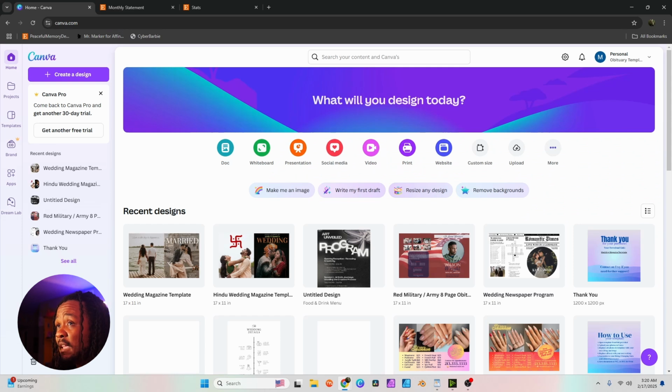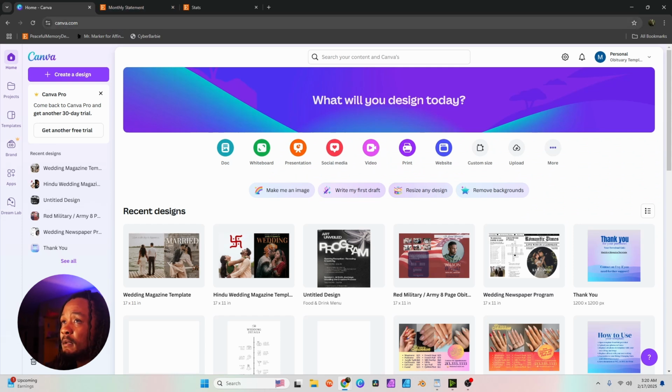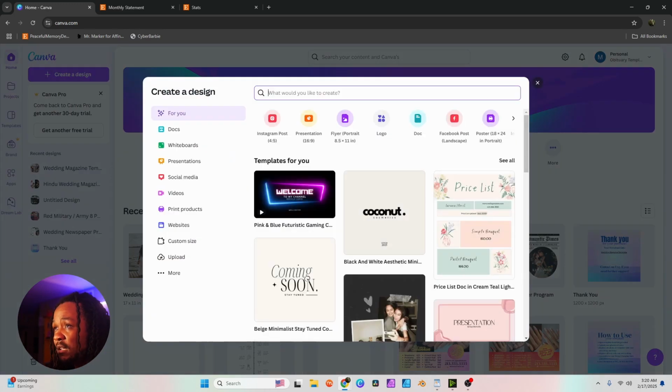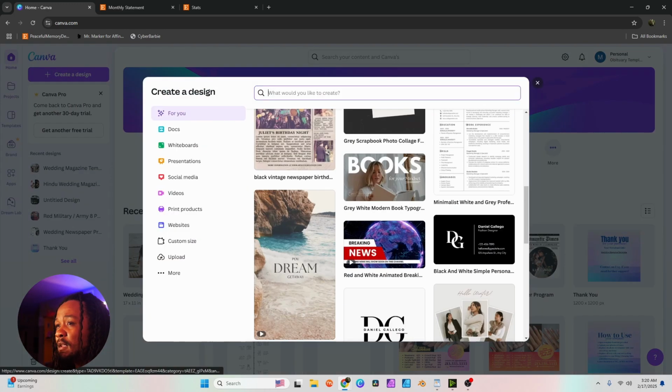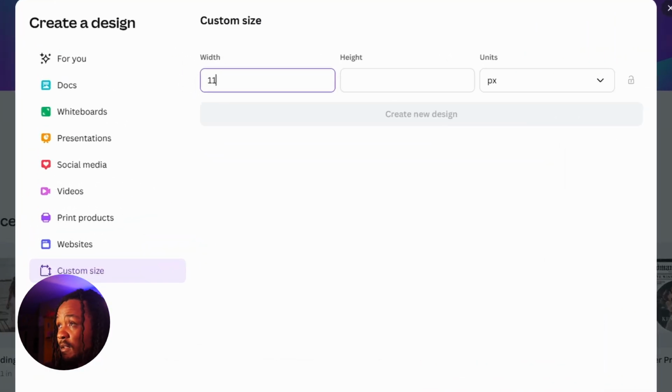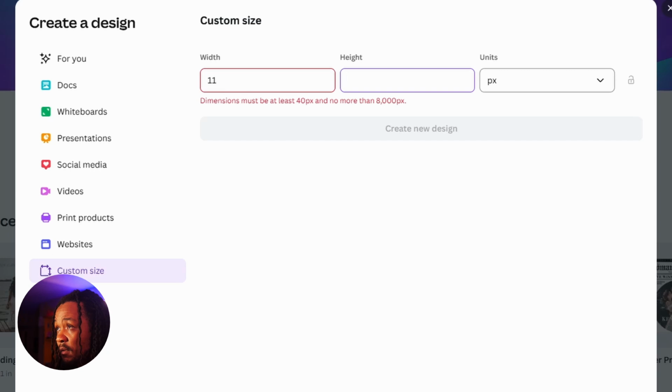So you should have Canva open on the website www.canva.com, and we're going to go ahead and click create design. It's going to ask us what we would like to create. So we want to go down to custom size and click that, and then for the width we're going to do 11. For the height we're going to do